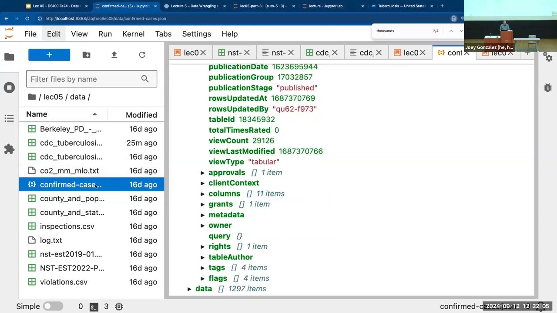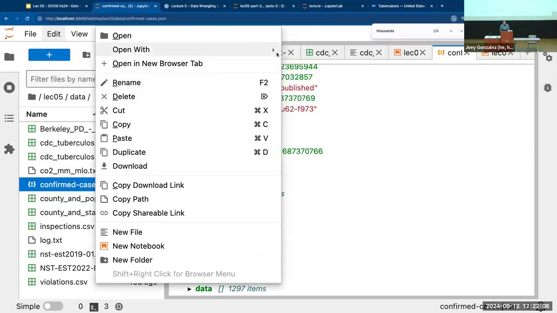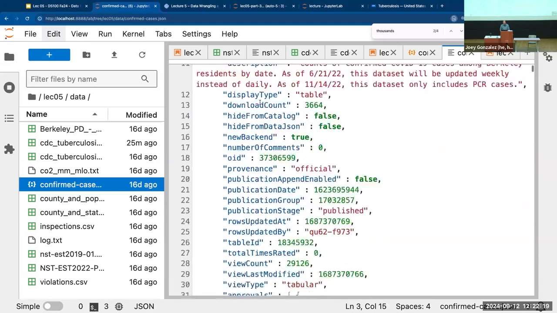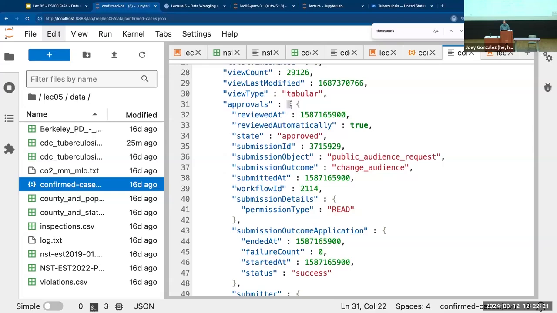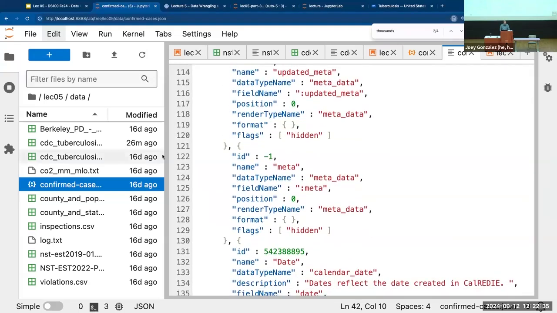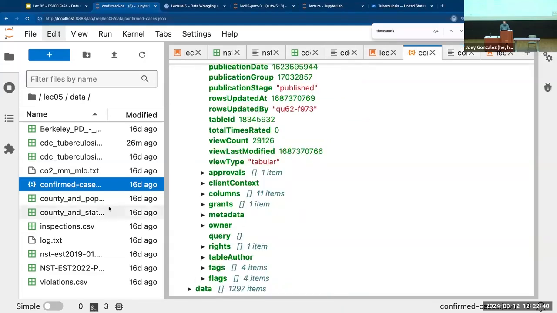Before I get ahead of myself, what does this actually look like? Open this up. It is actually just a text data format. It looks like this. It's got these squiggly brackets. Fields are always quoted. Colon says the values. So this meta points to this giant block of information. Inside of it, there are lists with objects. These little squiggly brackets are more objects inside of it. It lets me represent really rich structure in data. It's kind of human readable, so you can jump in and see what's going on. And we can load this very efficiently with pandas.